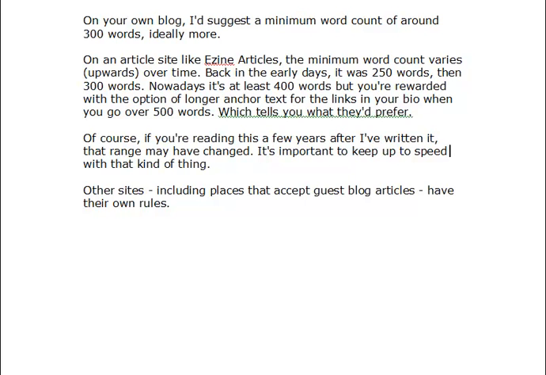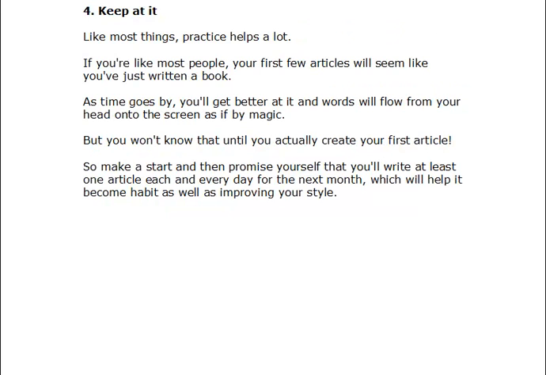And of course, if you're reading this or watching this a few years' time after I've produced it, that range may well have changed. It seems to go upward over time, and it's important to keep up to speed with that. Other sites, including places that you might put a guest blog, have their own rules, and you just need to check those as well. And the 4th and possibly most important tip is keep at it, because like almost everything,